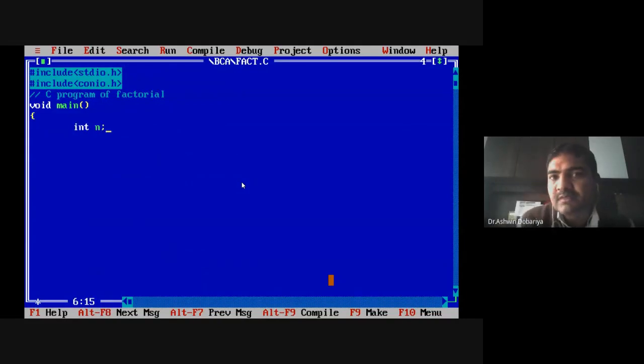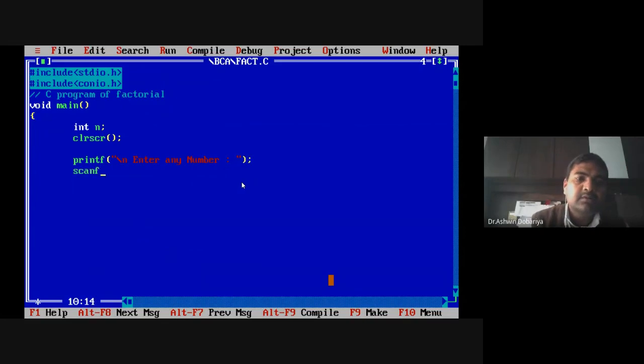The number is n. Printf, enter any number, scanf n. Okay, now we have a number.